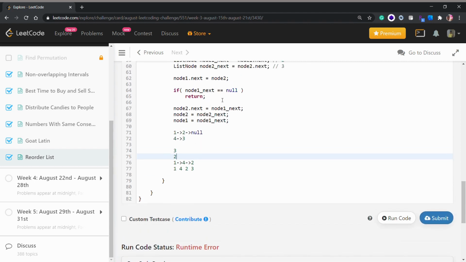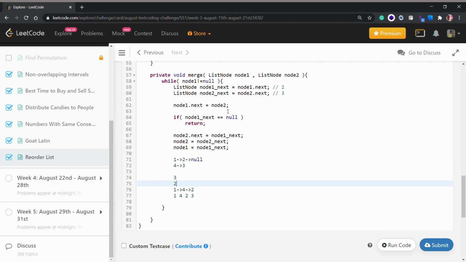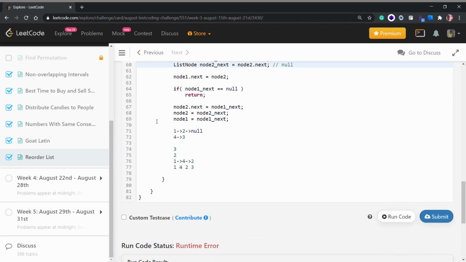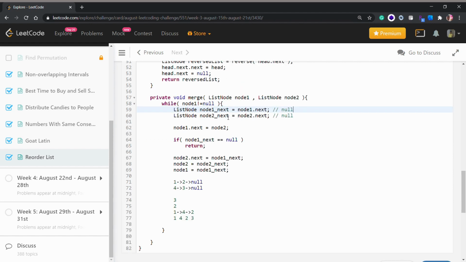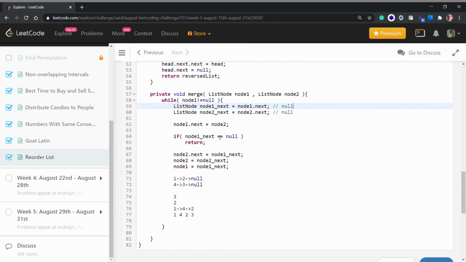And now in our second iteration, when we come here, our node 1 dot next will become node 2, right? Now these values will change again, or these values both will be null, because we don't have any value next to 2 and 3, so both will be null. So node 1 next and node 2 next are pointing towards null, but our node 1 and node 2 are not pointing towards null, they are pointing towards 2 and 3 respectively.